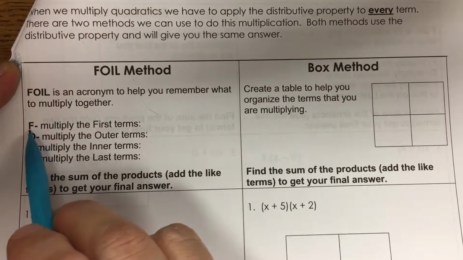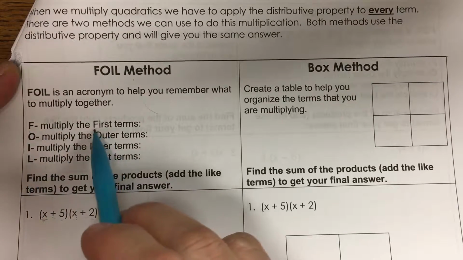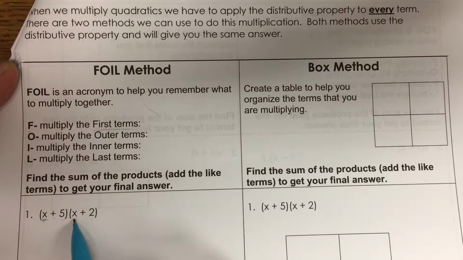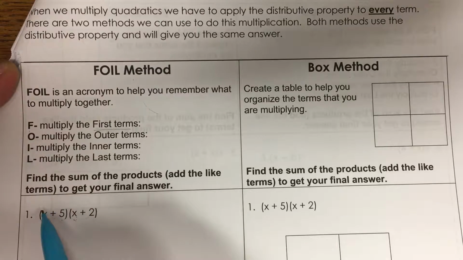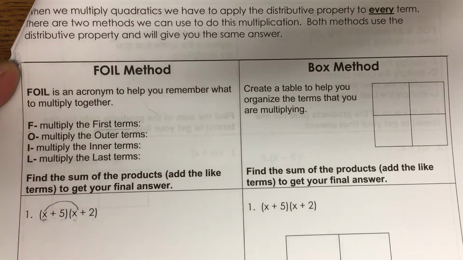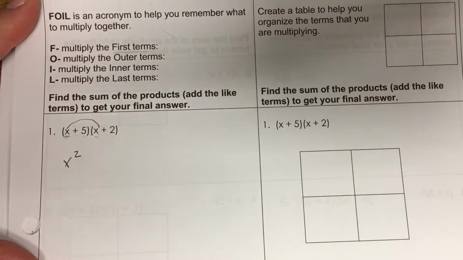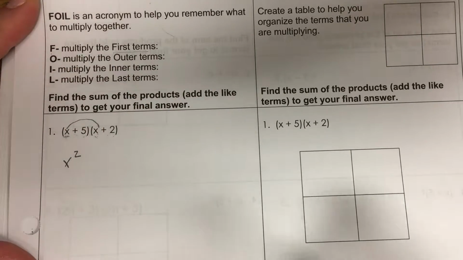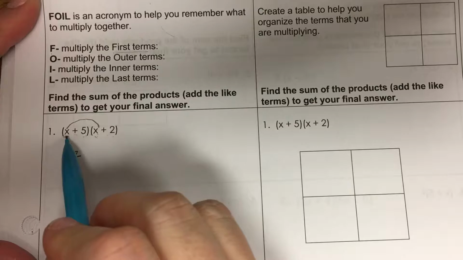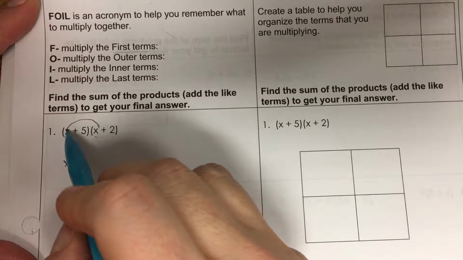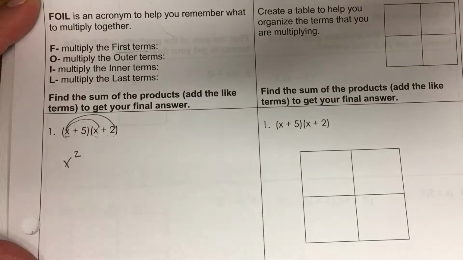And so the first step is to think about F for the first terms. X is the first term in this binomial. X is the first term in the second binomial. So I'm going to do x times x, and I get x squared. Then I have O for the outside terms, the outer terms. The outer terms are x and 2. See how they're on the outside of the problem? So I'm going to do x times 2, and I get